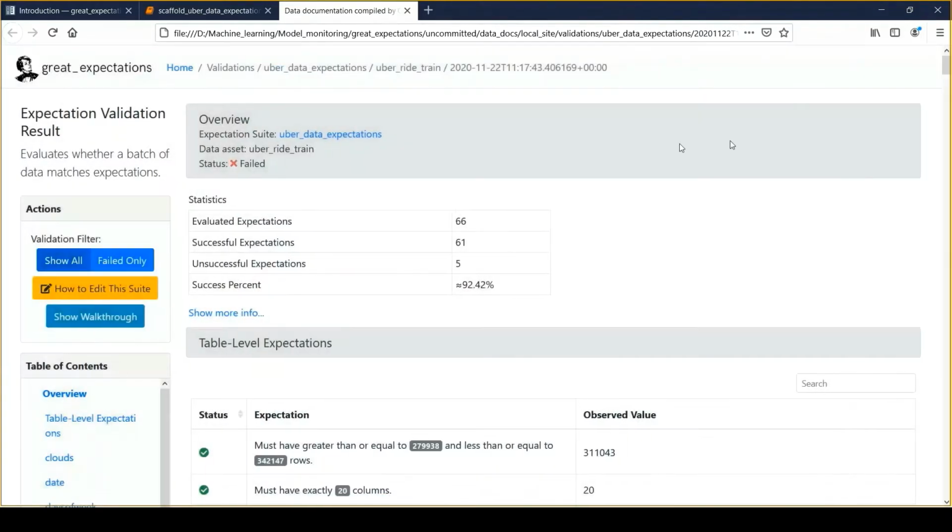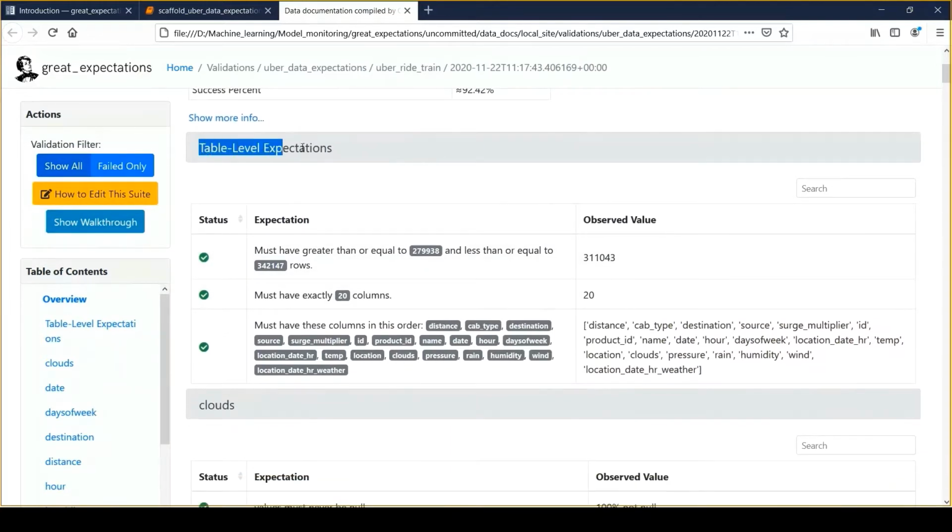Here you can see that it has created 66 expectations around my data, and out of 66 expectations, 5 have failed, and we'll see why 5 have failed.